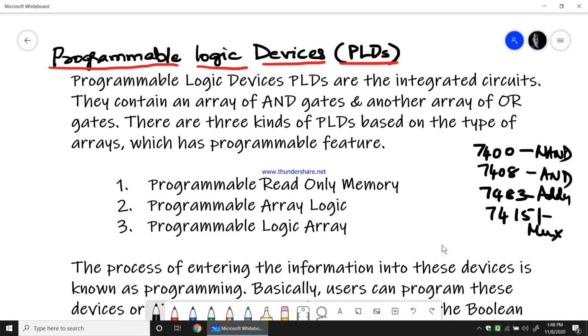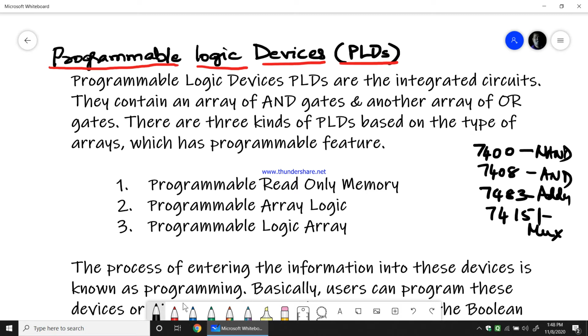So you can't use these particular ICs for multi-purpose. The integrated circuits we learned till now are used for a certain single task. If I take 74151, it only works as a multiplexer. 7483 will always work as an adder IC. You can't use it for any other purpose. So how to design an integrated circuit which can perform a multi-purpose task, not one single task but multiple tasks?